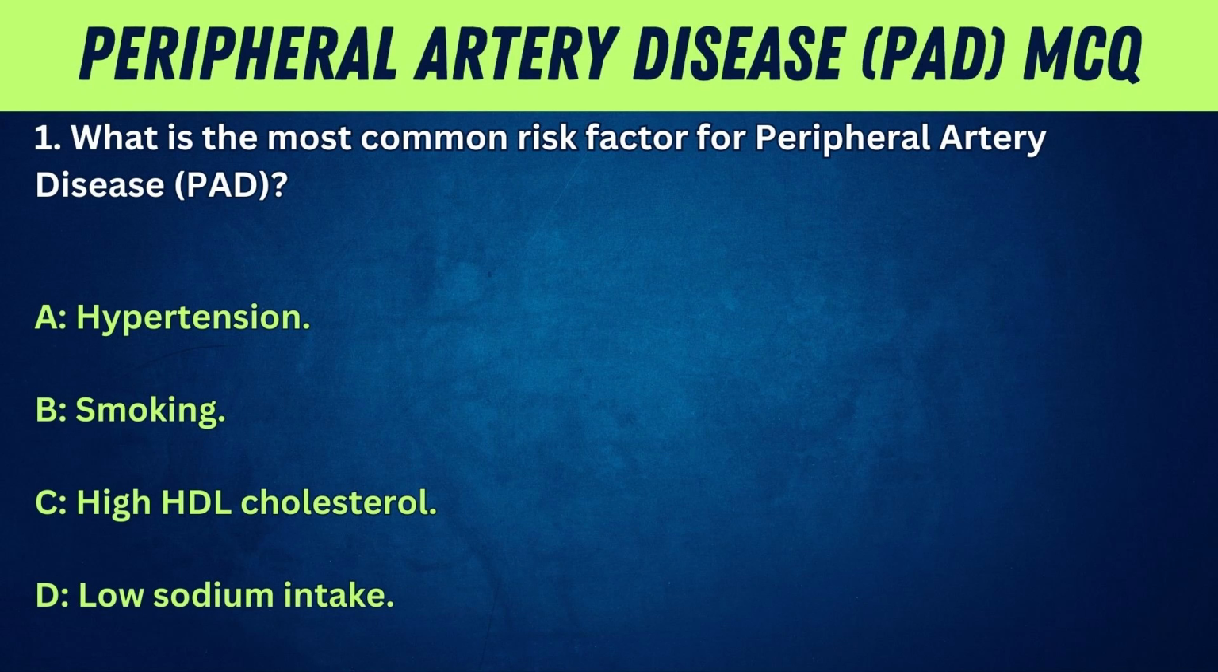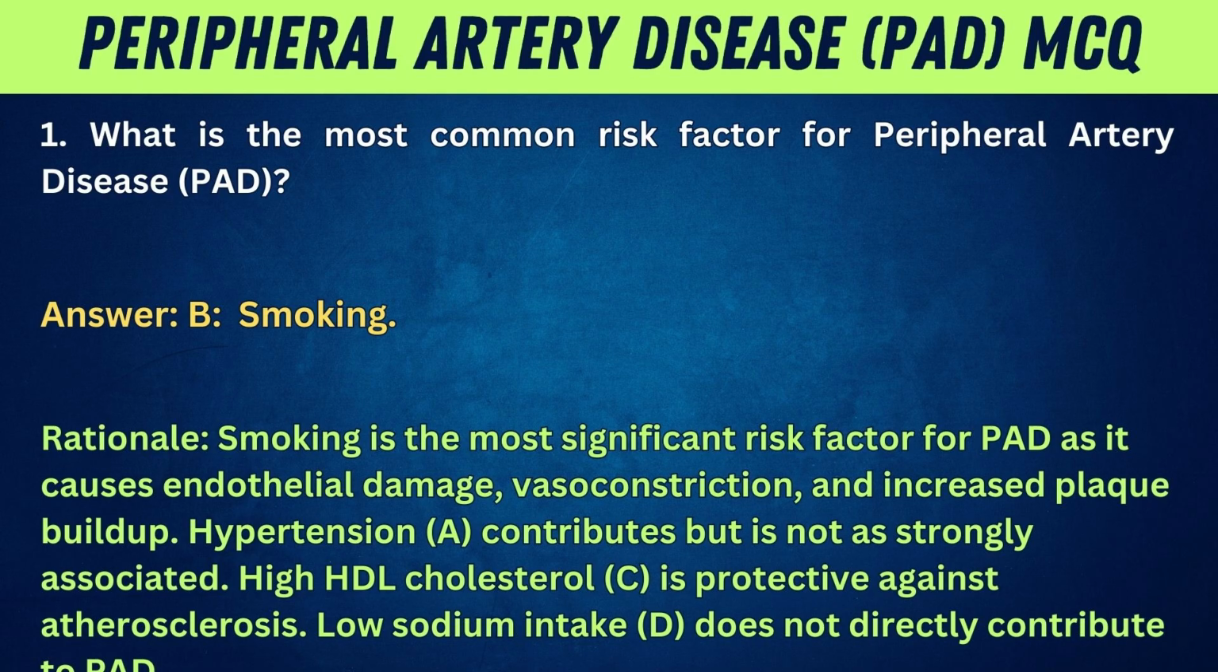1. What is the most common risk factor for peripheral artery disease, PAD? A. Hypertension. B. Smoking. C. High HDL cholesterol. D. Low sodium intake. Answer: B. Smoking. Rationale: smoking is the most significant risk factor for PAD as it causes endothelial damage, vasoconstriction, and